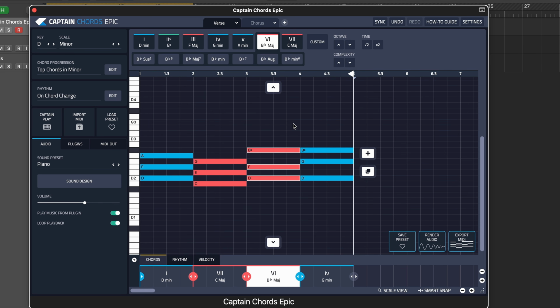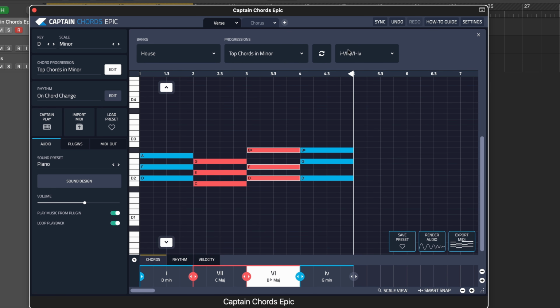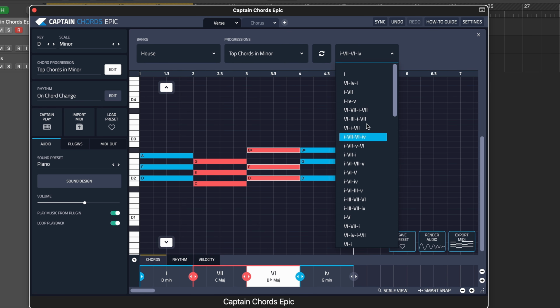I really like those first two chords. So it's D minor, then C major. So we can see that it's the minor first and the major seventh chord. So we can look for another progression with two different ending chords, but the same first two. So again, we'll go back to here. So let's see, could be this one or this one. There's actually lots here, so let's just try all these.